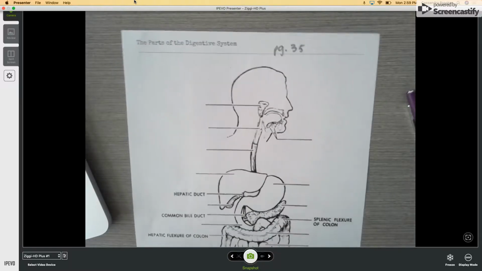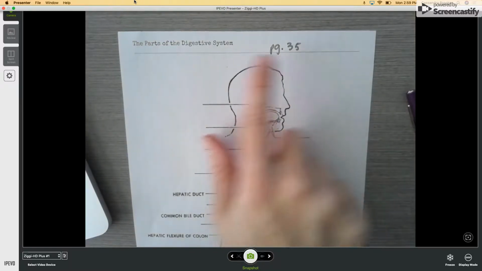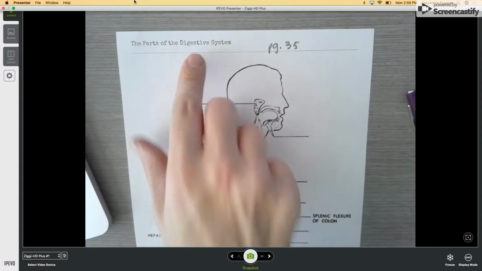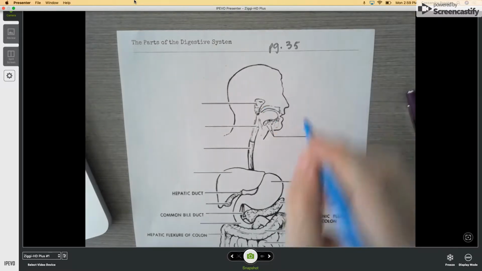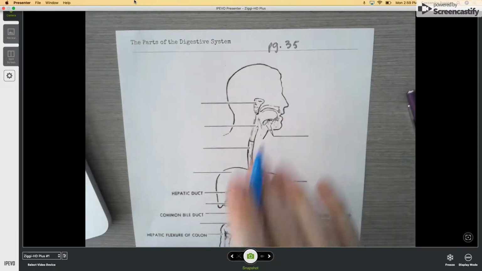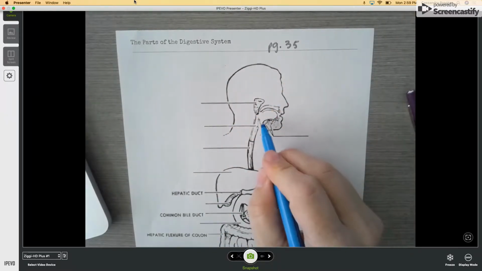Hi guys, today we are going to be on page 35, the parts of the digestive system. We picked this up on day 22, but we did not fill it out, so we're going to start with that. So we are going to begin in the oral cavity, also known as the mouth, with the 1, 2, 3 different salivary glands